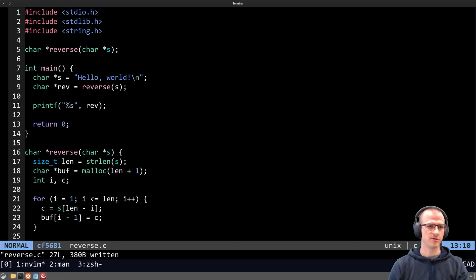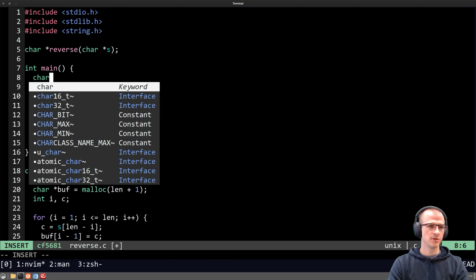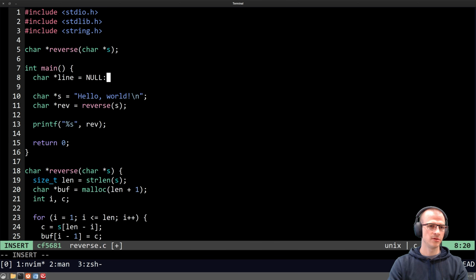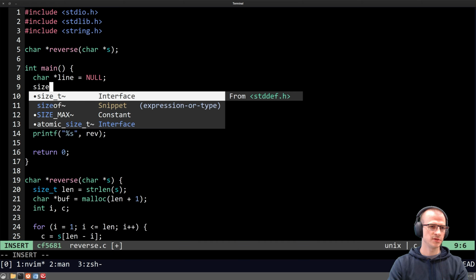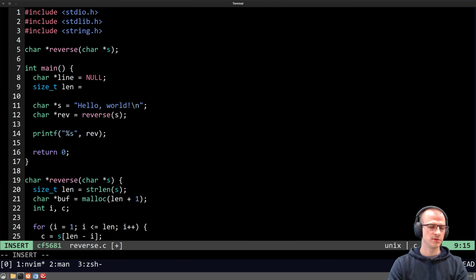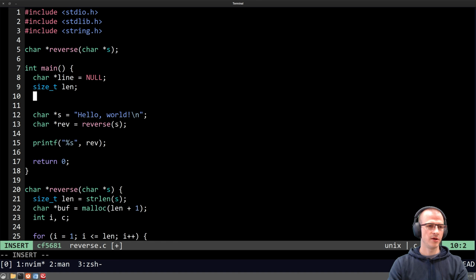So what if we wanted to reverse input? Then I guess we would need to use getLine. So char line equals null, size t length equals 0. Or size, we don't have to pass it, okay. And then